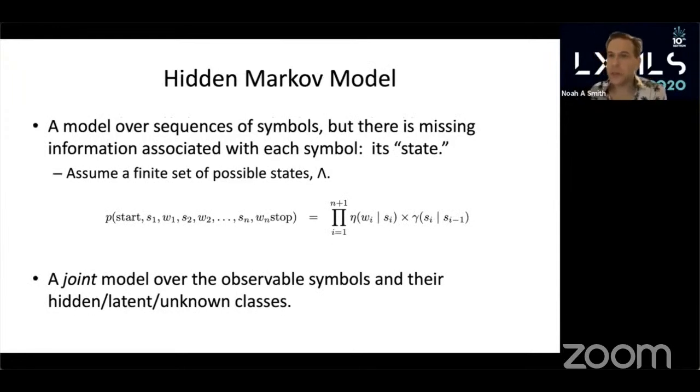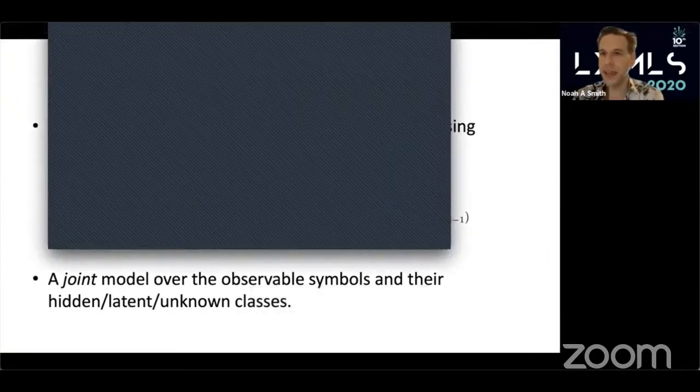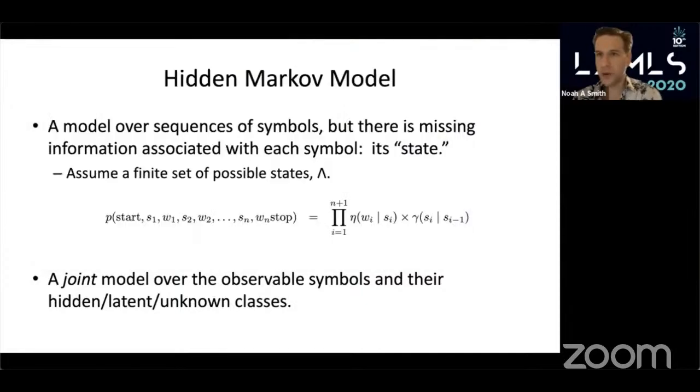Okay, so those are some classical use cases for HMMs. If you want to keep one or two of them in mind as we go forward, sometimes a concrete example is helpful. But to reiterate, an HMM is a model over sequences of symbols. And we assume that each symbol is associated with a missing or hidden state that's not known when we're doing inference. The model defines the joint distribution over words and states,